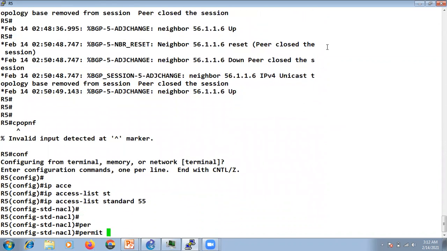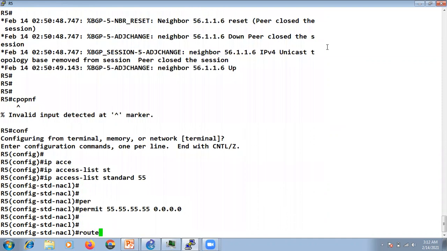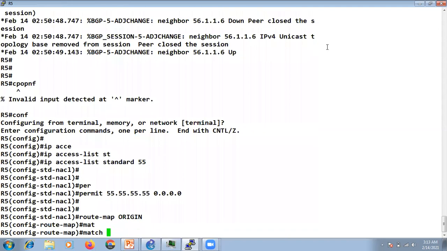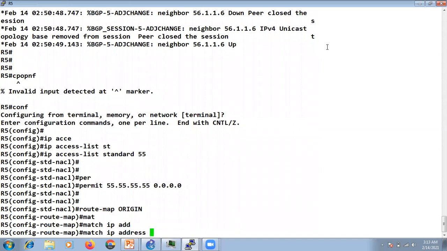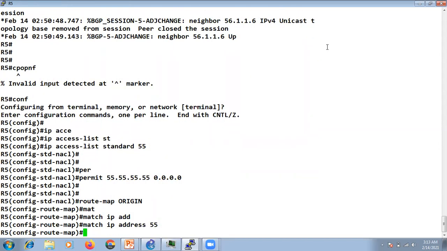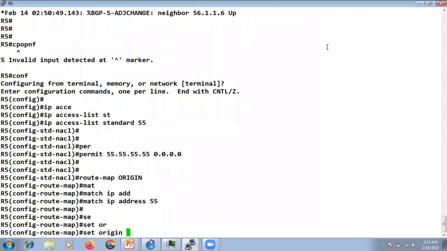Say permit 55.55.55.55 with wildcard mask. I created one route map, right? Let's say I created the route map named origin. I would say match IP address. What is the access list number? It's 55. I would say set origin.